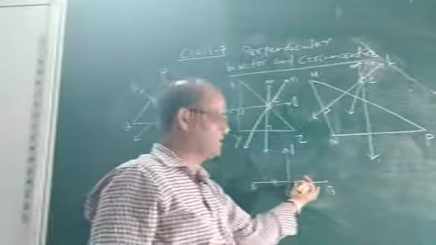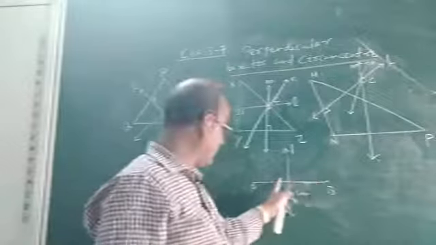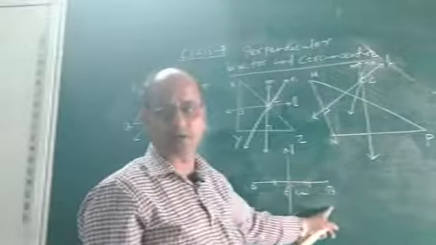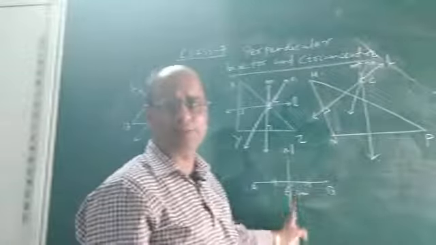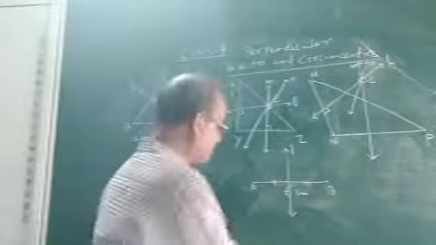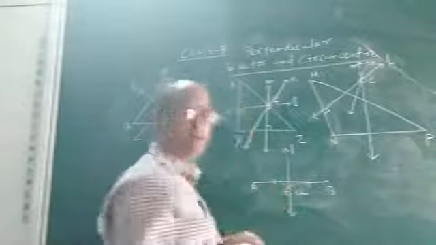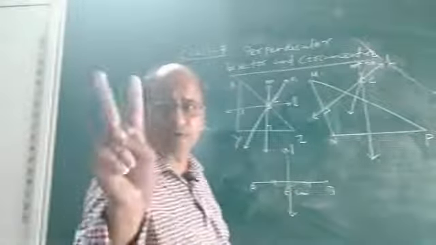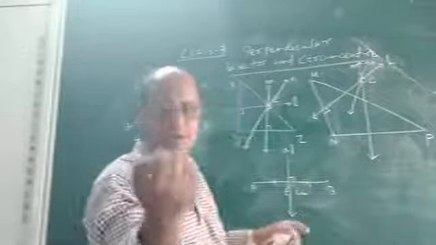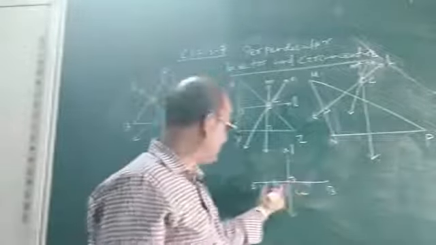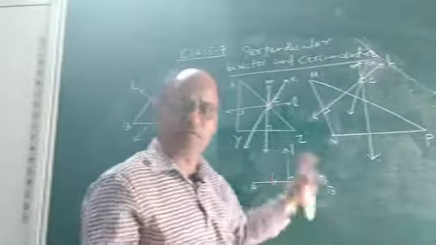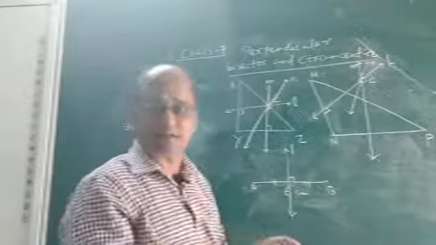If the lengths of these two parts are the same and this angle is 90 degrees, then we say that L is the perpendicular bisector of AB. So L is said to be the perpendicular bisector of a line segment AB if it divides the line segment into two equal parts or equal halves and makes an angle of 90 degrees. In short, if this angle is 90 degrees and these two parts are equal, then L is the perpendicular bisector of the line segment AB. It was there in class 6, I remember.